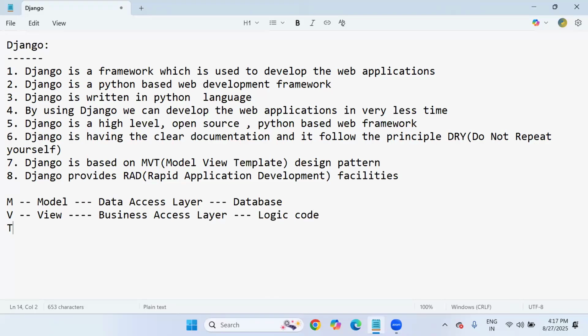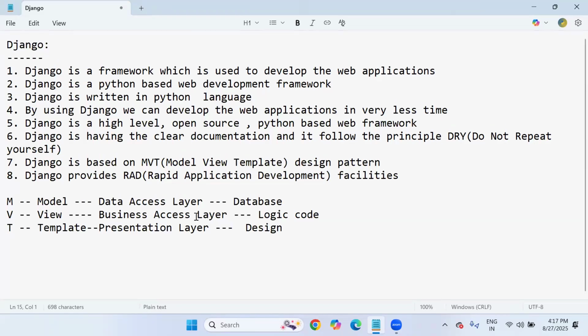Next, T for template. This is exactly the presentation layer, not the business access layer. Presentation layer means what we see on the screen when we run the web page or web application for the first time. This is for design. In total, we focus on three layers: data access layer, business access layer, and presentation layer.